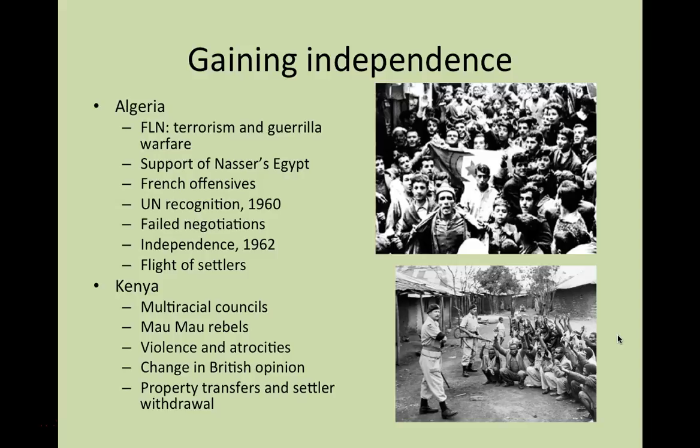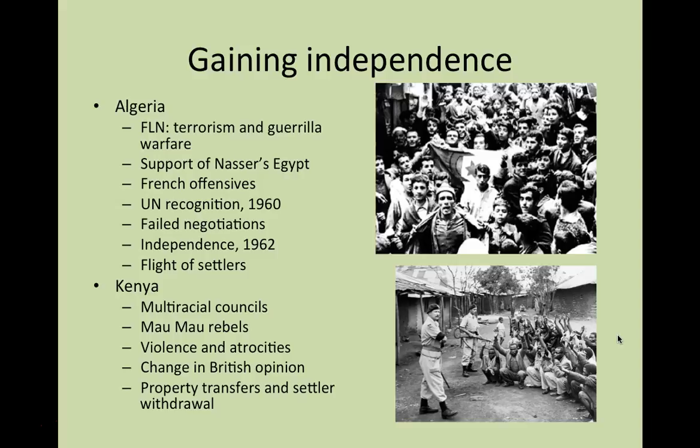The property transfer was a problem, though, because they offered these lands for sale, and the main people who had been fighting the Mau Mau rebellion were indigenous rural peoples who had little or no land themselves, who wanted to take some of the land that were constituted into these huge British-controlled plantations. Well, the British didn't want to hand over the land that way. They wanted to sell it to people who actually had money and resources. Well, these people, for the most part, lived in the cities,